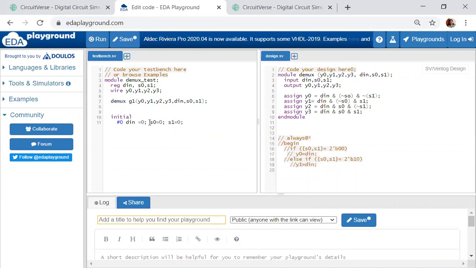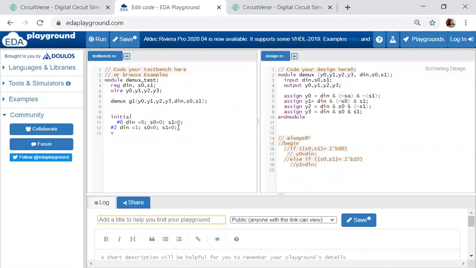Since din is 0, S0 and S1 are 0, 0, my Y0 will automatically be equal to 0. I can also test it for 1, so that I can check whether it is working for both cases. So #2 time units, I'll give din is equal to 1. After 2 time units, for the same combination I should get Y0 equal to 1.